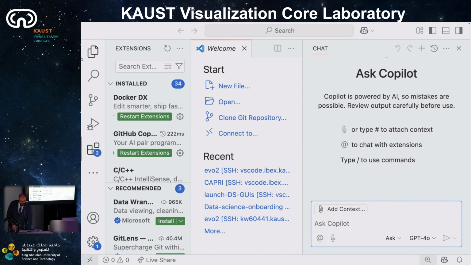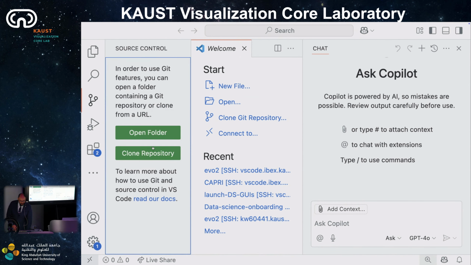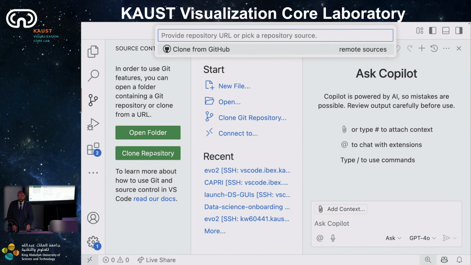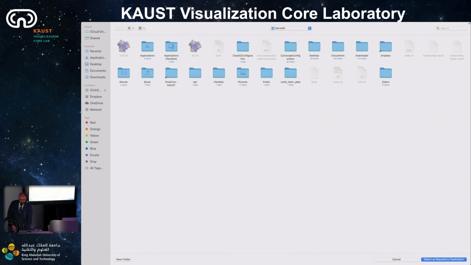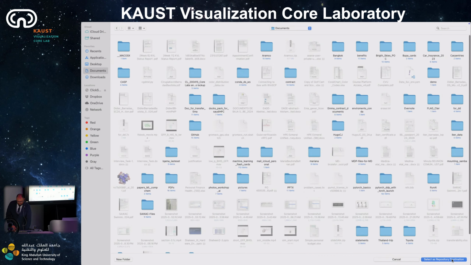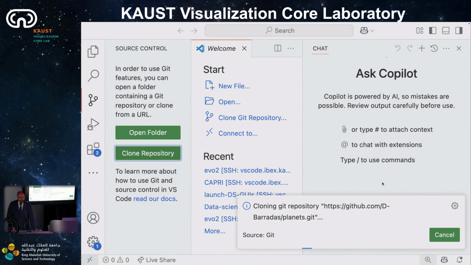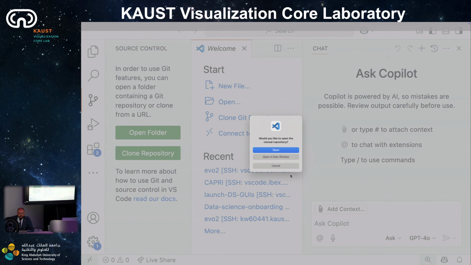But at the end, here, you can also clone a repository from GitHub. You can copy paste the thing here, and it will automatically do it for you. It will tell you, where do you want to put it? Could be in desktop, could be in documents. Let's put it in documents. So it will do the things for you. One other cool thing